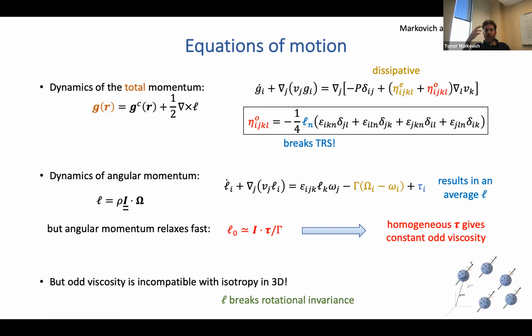So when people started thinking about odd viscosity, they thought about it more in quantum Hall systems actually, and there the magnetic field or the spin doesn't break the isotropy of the system. You can still have an isotropic system that has odd viscosity because of the magnetic field, but here in classical materials, the fact that I have angular momentum means I already have a non-isotropic system. I already break rotation invariance by definition. Okay, so this is very different from quantum Hall fluids,